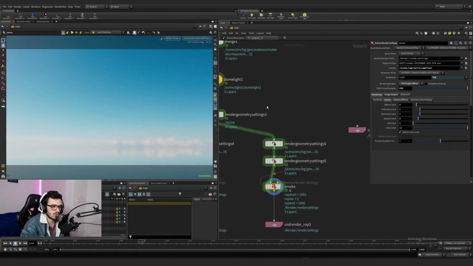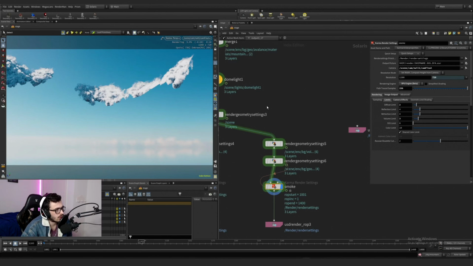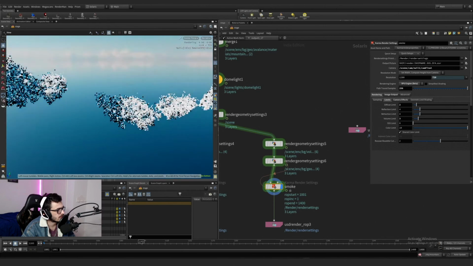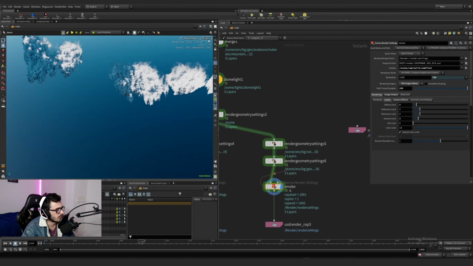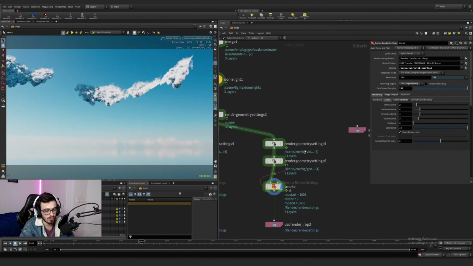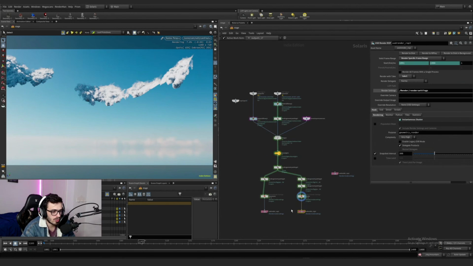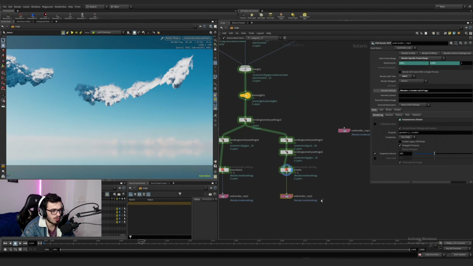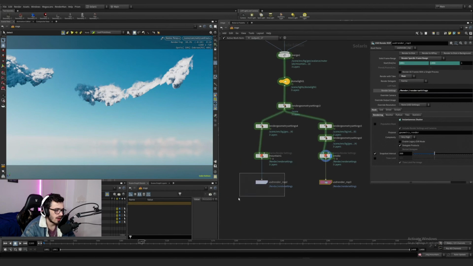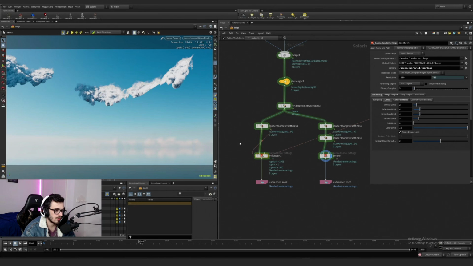Let's just wait for this to load, and look how fast this is, right? It's very, very fast indeed. And it's actually receiving shadows from the mountain, which is actually not being visible. Then we're just going to be exporting this with the take number 1. Remember the take number 1, because the take number 1, oh no, this is an error. We shouldn't be rendering with the take number 1, and we should be using this as the take number 1 because the mountain needs to receive the shadows from the